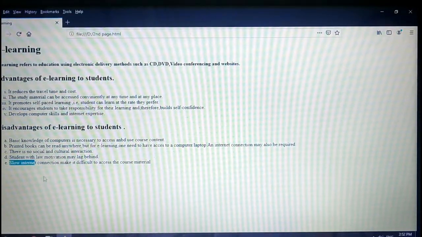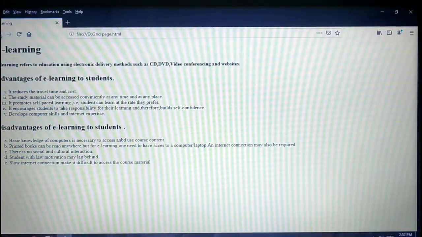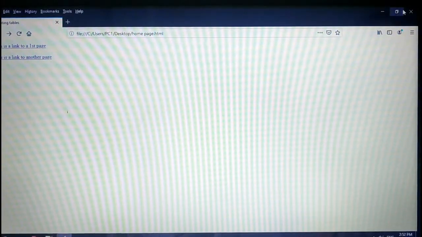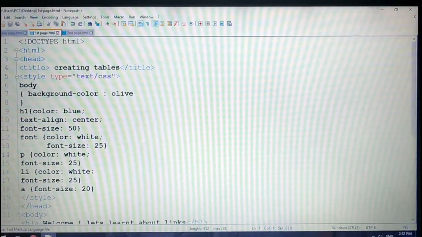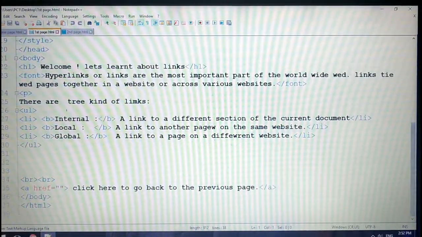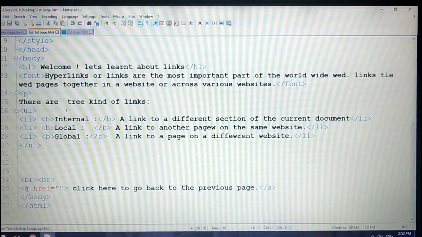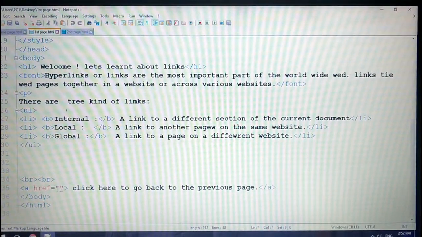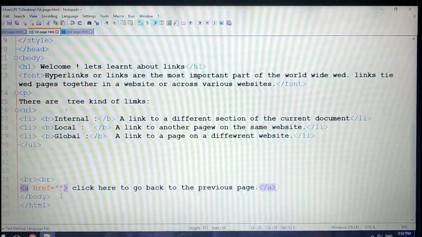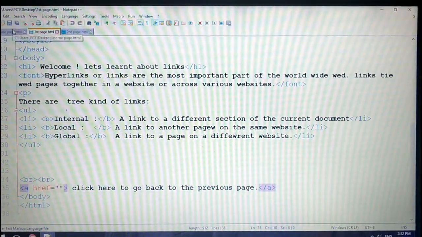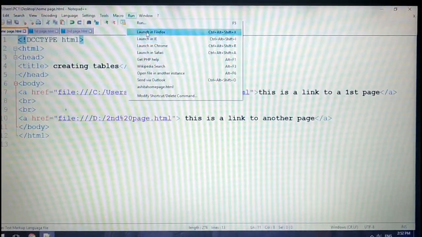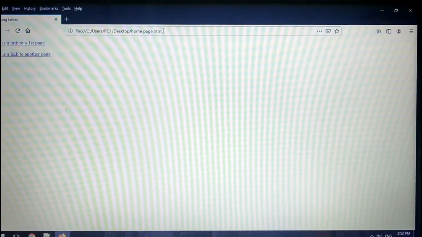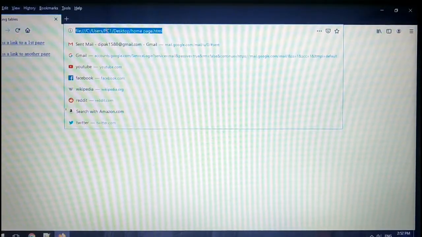Alright, now if you want to click back to the previous page, you can make one more back link here. For that, go to the notepad of the first page and you can write anywhere. Let's write before we close the body tag here, and paste the address of the home page. Copy the address.